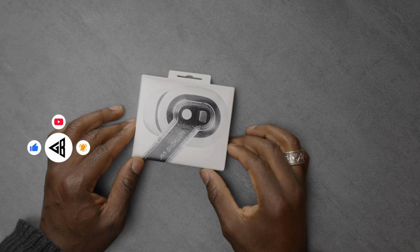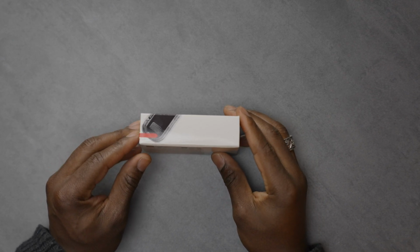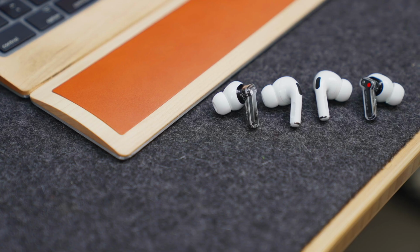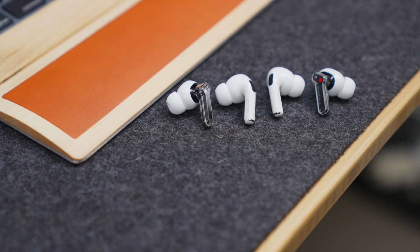So Nothing is back with two new pair of earbuds. We have the new Nothing Ear, and there's also a new Nothing Ear A as well. So they have slight differences. One has better battery life than the other one due to more advanced technology inside of it. And they look quite similar to the old Nothing earbuds, but all the new changes are inside of the pair